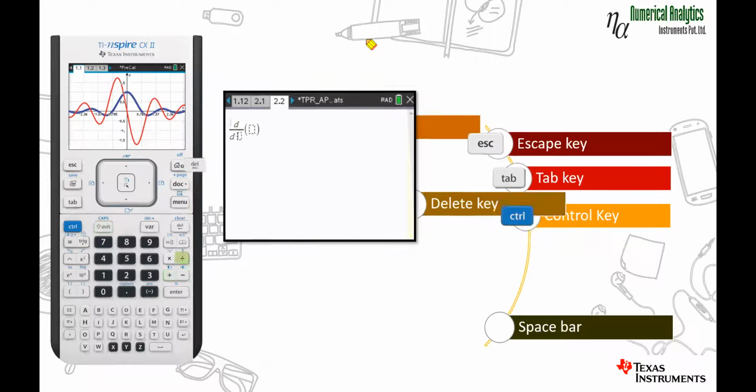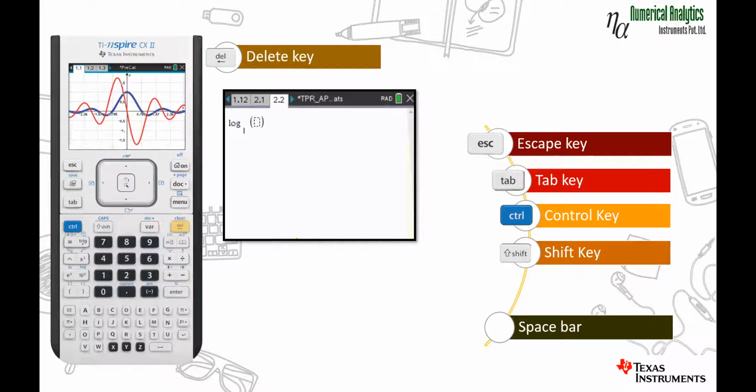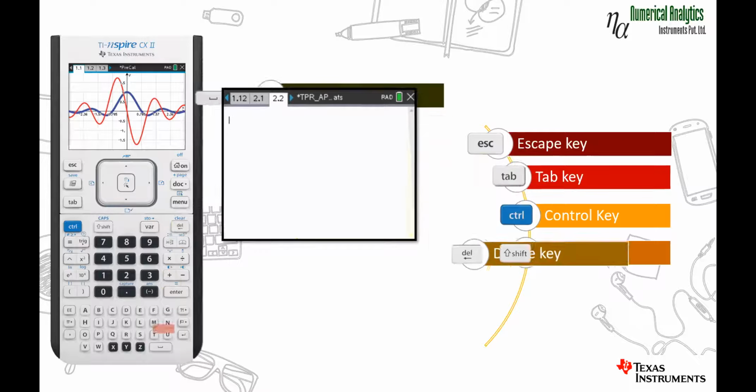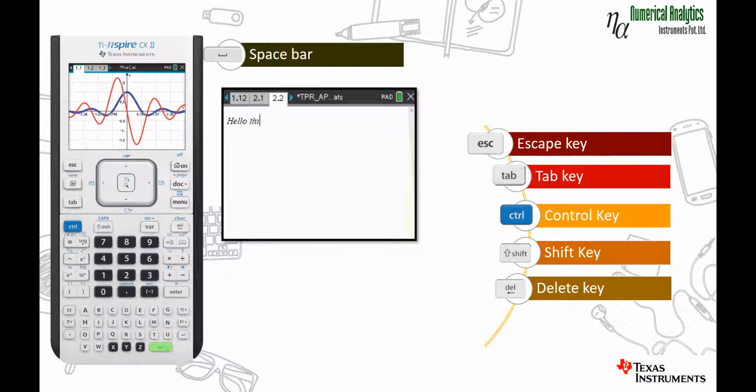Then you have a delete key. Let's say you have written something wrong and you want to correct that part. You can go back, use the delete key to delete, and rewrite whatever you want to write. Then you have a space bar also available on this calculator handheld. The space bar is used to put spacing between words. So these keys work just like they do on laptops or computers. You can say this handheld is your mini computer without internet or Wi-Fi.